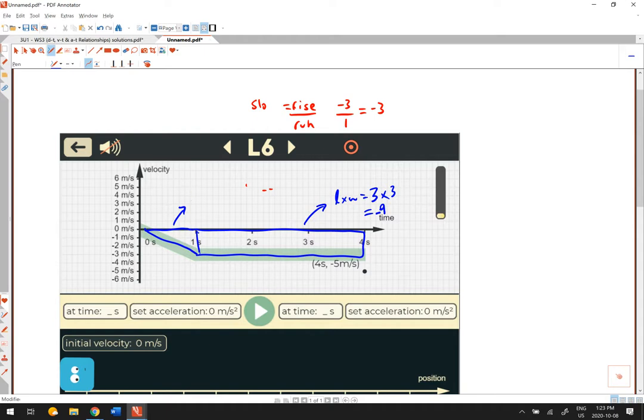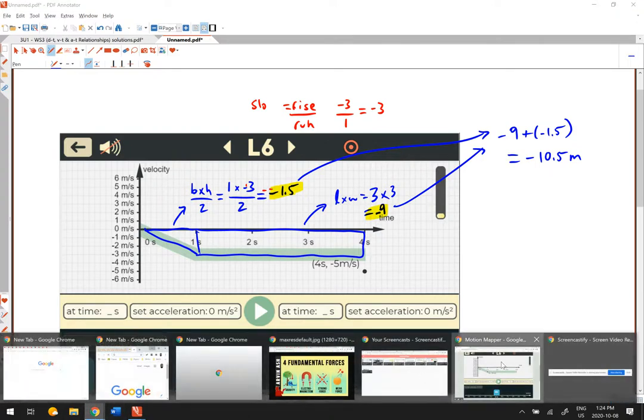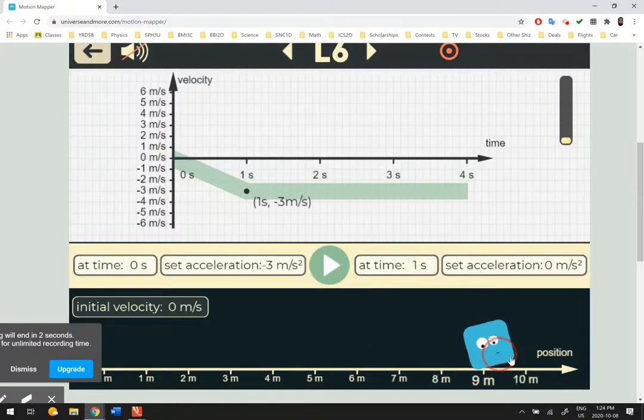Over here, this looks like a triangle, so it's going to be base times height divided by 2. Our base is about 1 second, times our height of -3, divided by 2. So we get approximately -1.5. Now combining these two values, we get -9 plus -1.5. So our object is technically supposed to start around -10.5 meters. So in terms of our motion mapper, we should set our position about 10 and a half